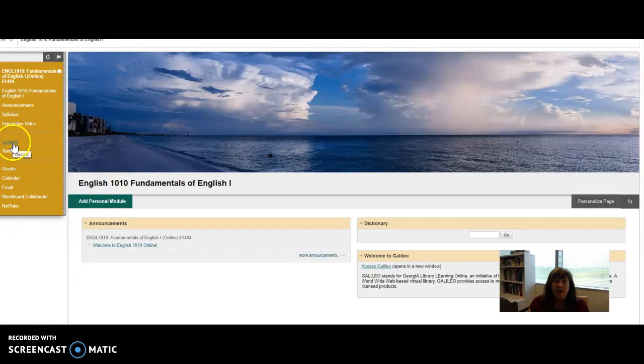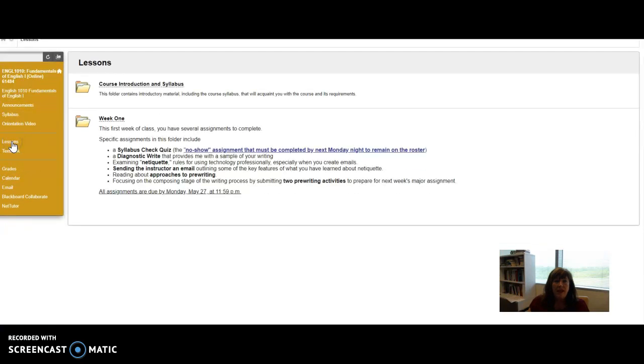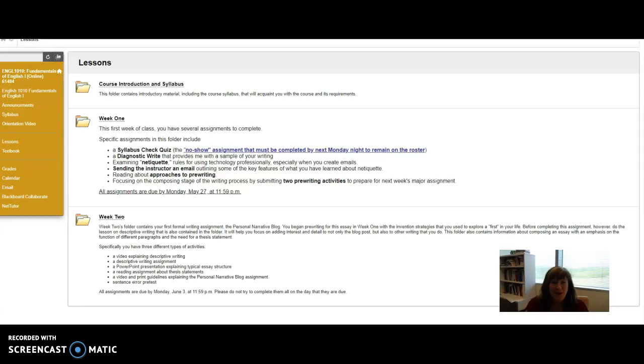We're going to go to the lessons tab here, and I had to go back and make the assignments available. Sorry about that. Your week 2 folder, please notice that I always summarize the contents of the folder on the outside of it. So it's a good idea, if you're following my advice, to open the assignments early in the week after they become open on that Tuesday morning at 8 o'clock, and take a look at what's required, and that way plan ahead, see how much time it's going to take you, and divide that up over a couple of times during the week.